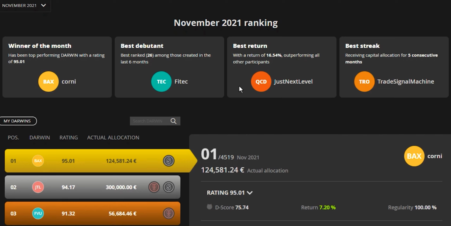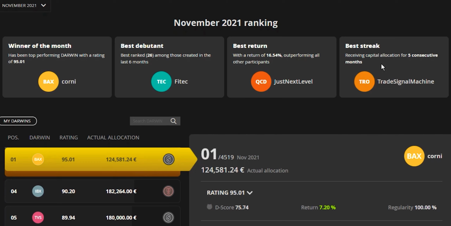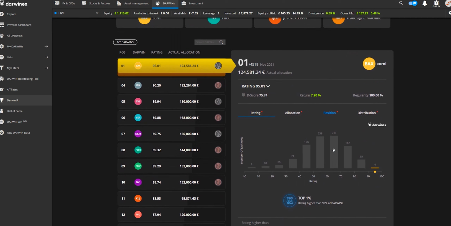Next we have the Darwin with the best return, and if you're not familiar with DarwinIA, you might be wondering why this didn't come in first position. Well, if you watch the previous episode, I explained the criteria there, and the main 2 are what's called the D-score and then the return for the month. And you'll need to perform well at both of those in order to get into the top positions. And then finally, we see the Darwin with the best streak, which happens to be one of my Darwins, and so probably best if we just move on now